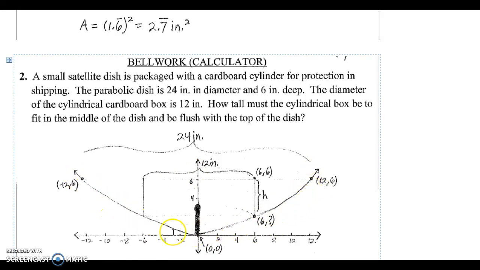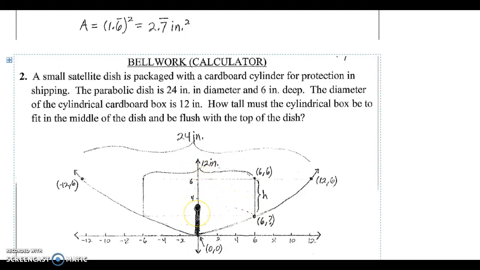If you've ever seen a satellite dish, hanging on people's houses for DirecTV and stuff, it has that parabolic shape. In the middle, there's an antenna that receives a signal, which is how your TV signal gets to your TV. When it's packaged, you need to protect that little antenna, so a cardboard box goes right inside of the dish,